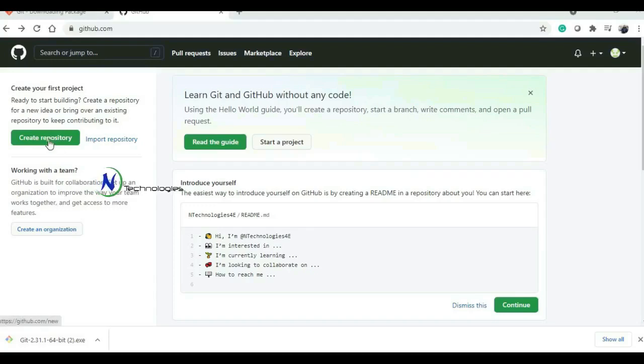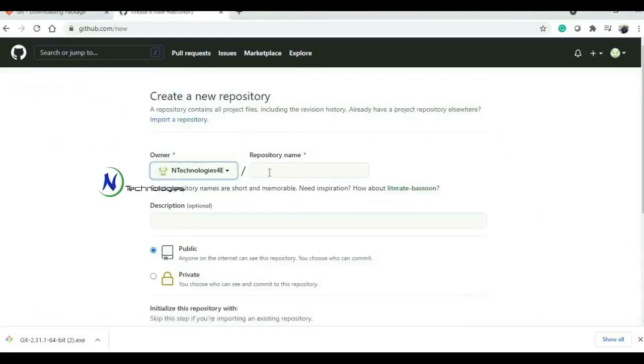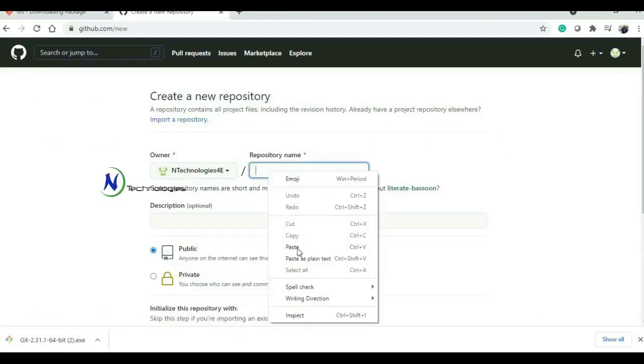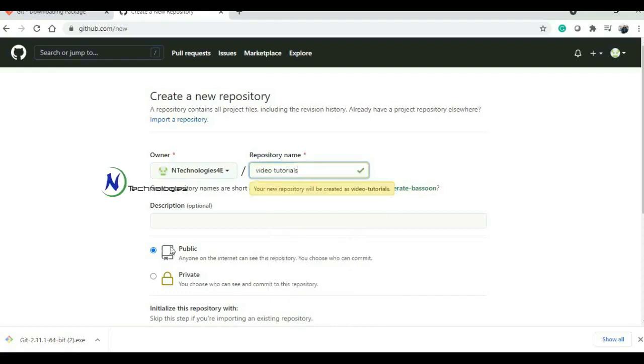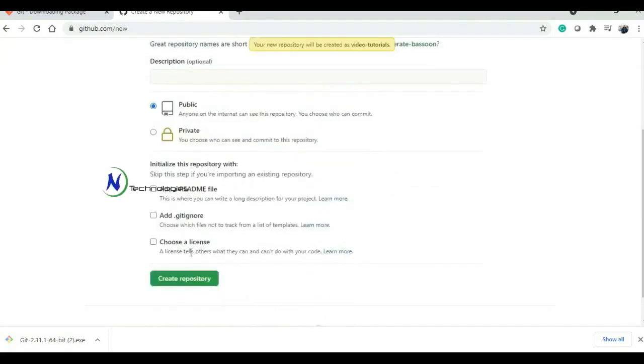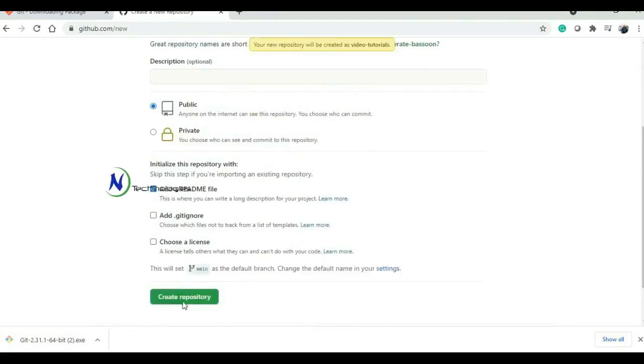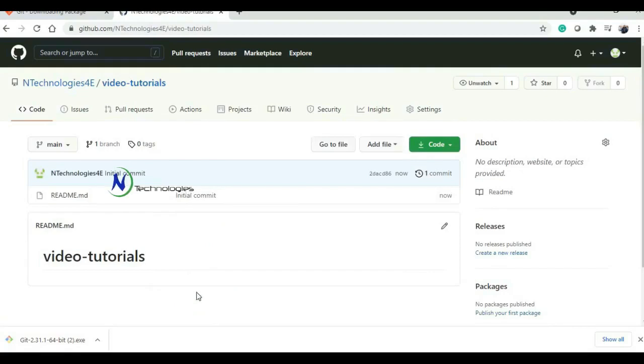Click on the create repository tab. Give the repository name. Make it public, and next we can select add a readme file. So create the repository. Our repository is created with the name video tutorials, and our readme file is also initialized.